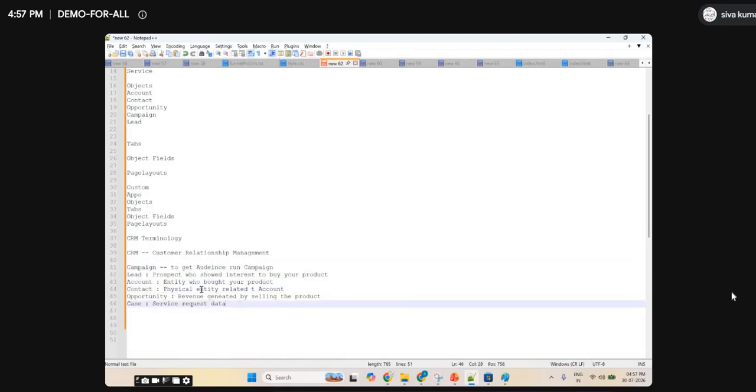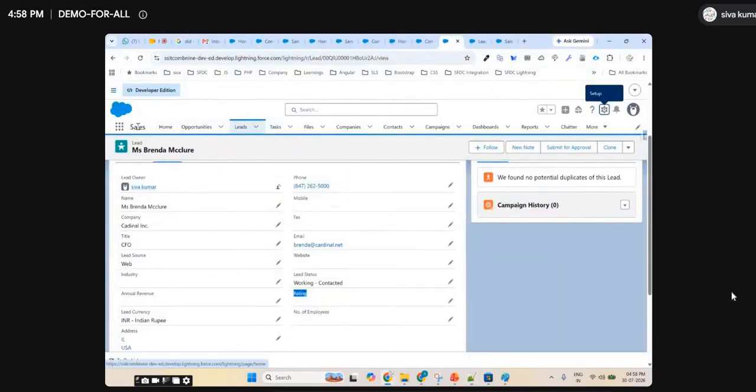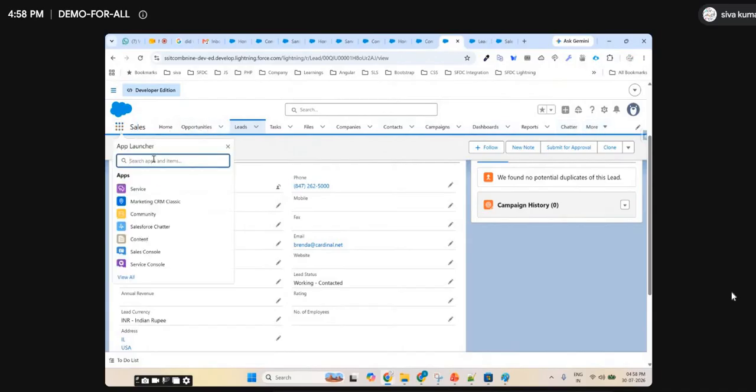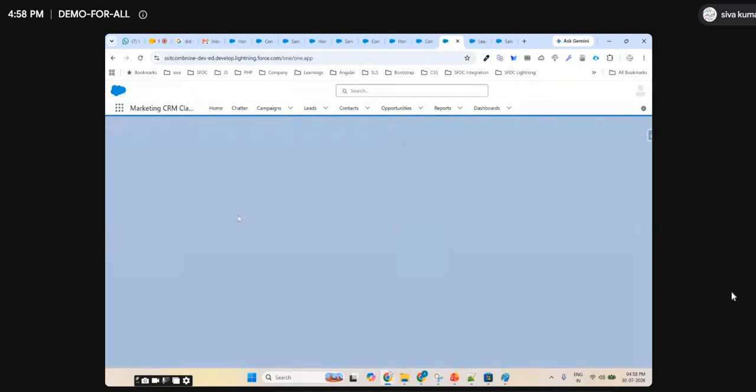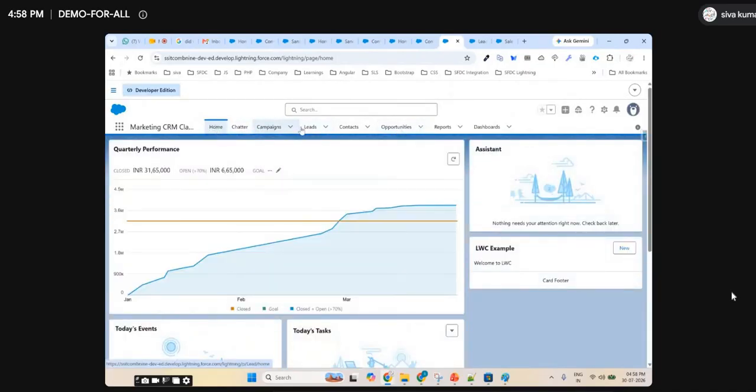Okay, now technical terminology. What is an app? An app contains a list of objects. For example, I've taken sales, and you'll see different types of apps. If I take marketing, see the objects changed: campaigns, leads, contacts, opportunities.